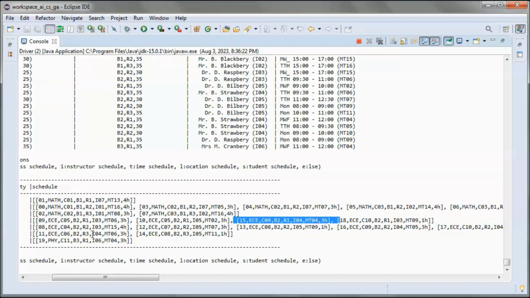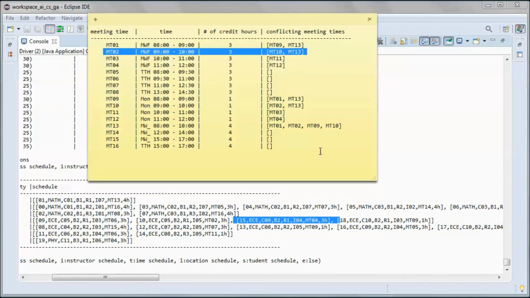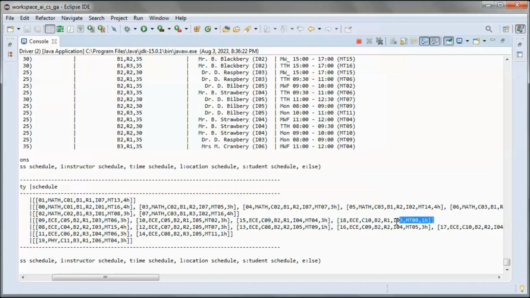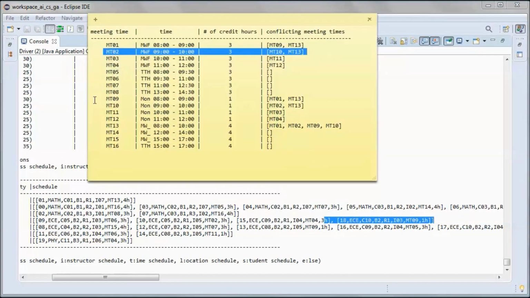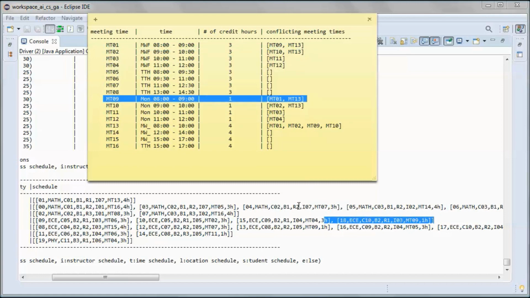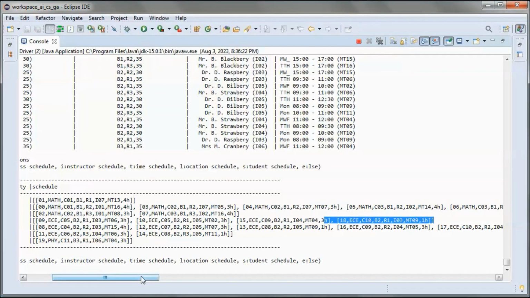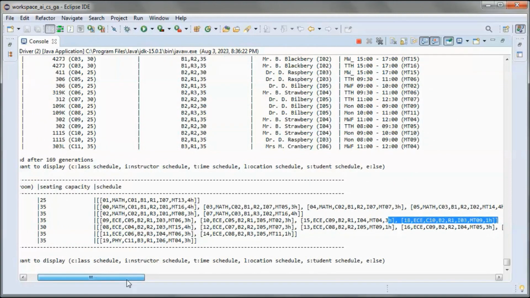And meeting time 04 conflicts with meeting time 12. We don't have that here. And meeting time 09 conflicts with meeting time 01 and meeting time 13. And we don't have those here, etc.